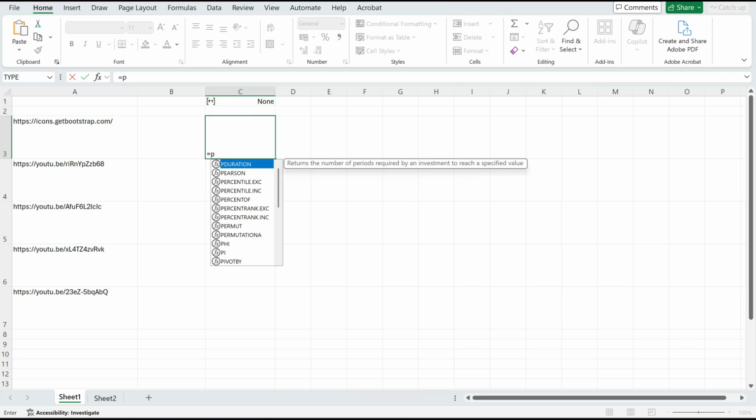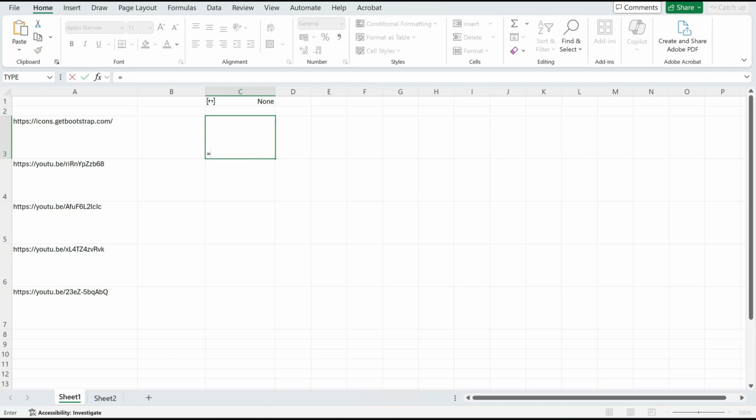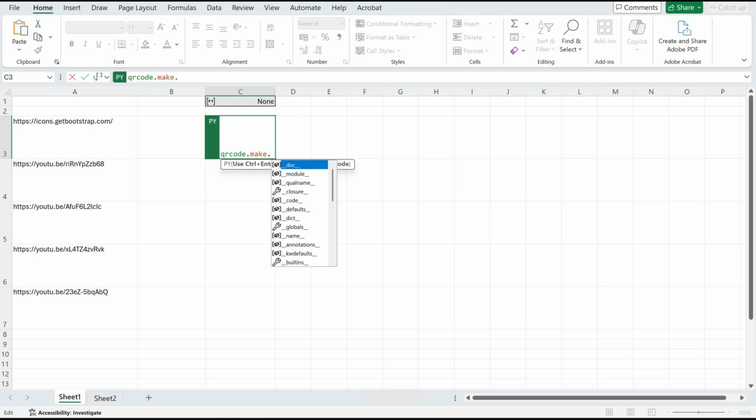Python. In Python, type qrcode dot make, dot, in bracket XL, another bracket, choose the cell value having a link, close the first bracket, then the second, then show,